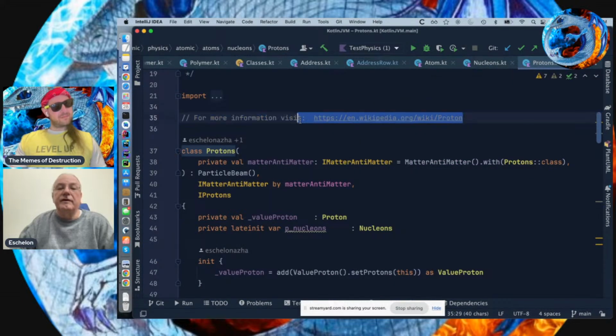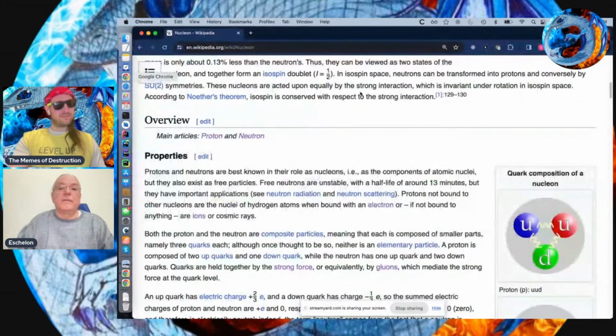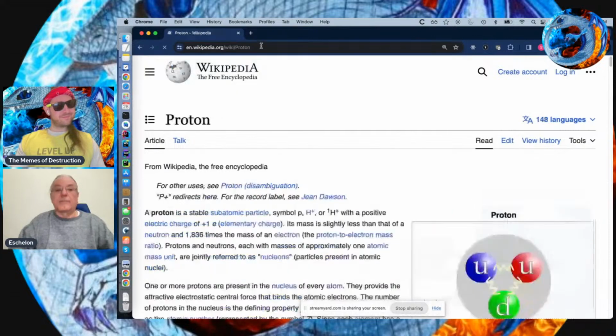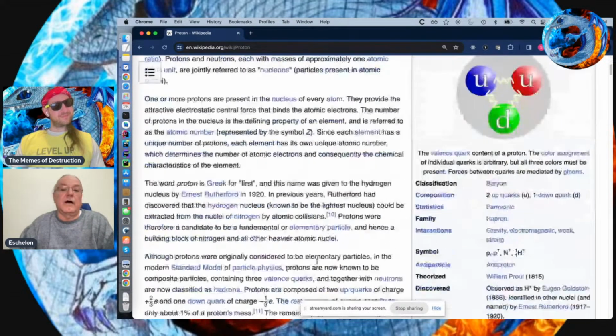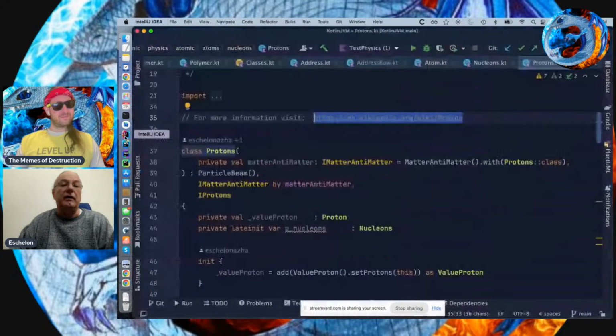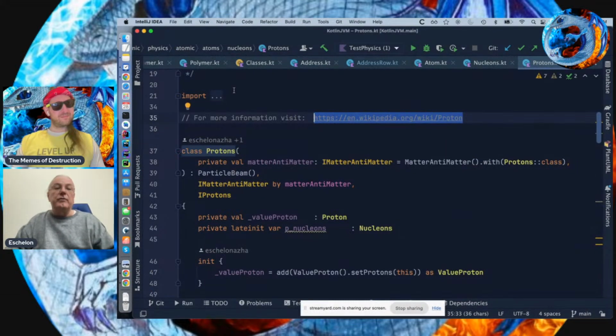Let me grab this here. Okay, a proton has 3 quarks. Without reading all of this, a proton is a type of baryon. Baryons, you can think of them as quark containers with 3 quarks, which would be a neutron, or a proton is a type of baryon. So if we go to the proton,